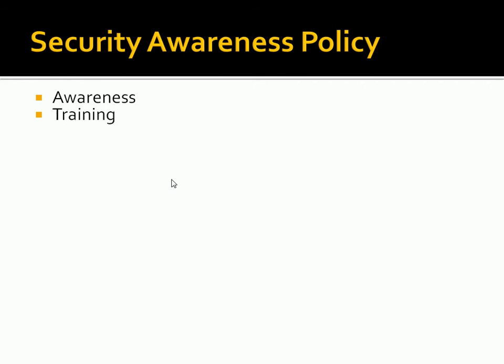The best way to do that is training. So some kind of security awareness training. So in our security awareness policy, we're going to talk about training. And we've talked about this before, but there are certain times when we would do training, that we would codify into the policy that this is when training is going to happen. So trigger points to say, here's when training is going to happen for IT security awareness. Number one was when a new employee is onboarded.